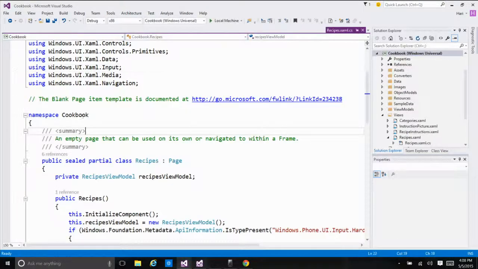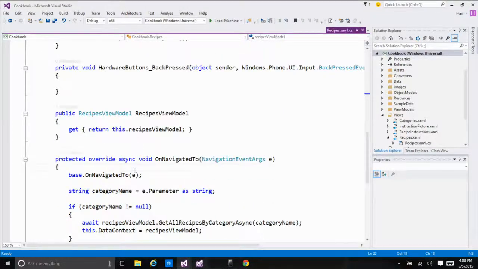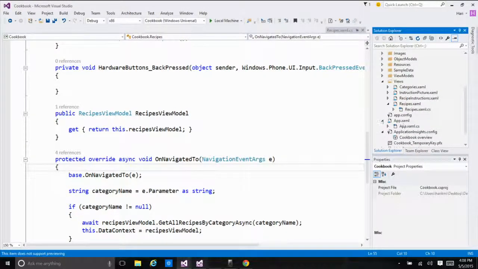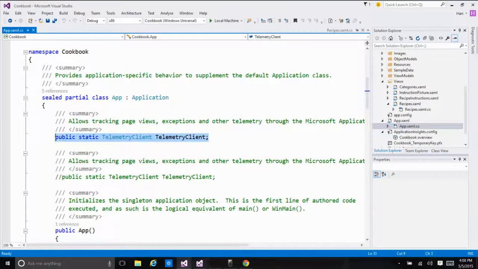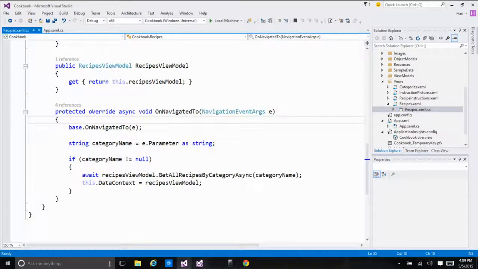Stop debugging. I'm going to open recipe itself. In the onNavigator function, before I write my code, when you added Application Insights, it did a small thing. It added a line of code. It basically added a public static telemetry client to app.xaml.cs, and it has already initialized it. So all I have to do in my code is do